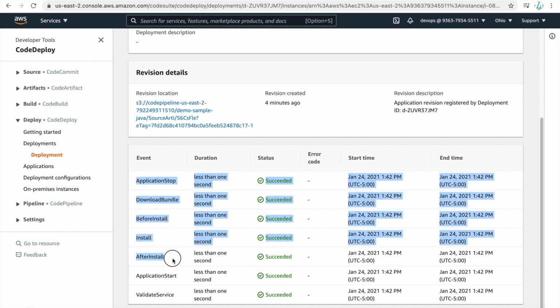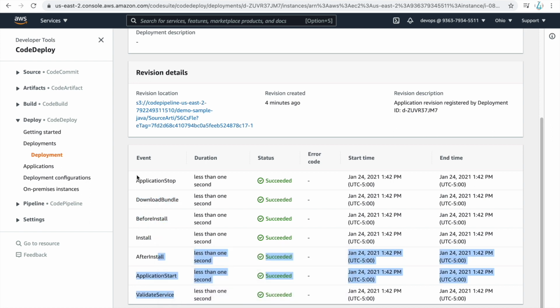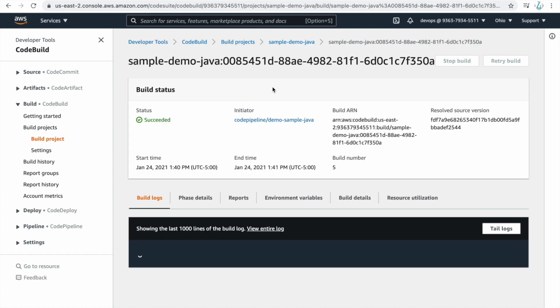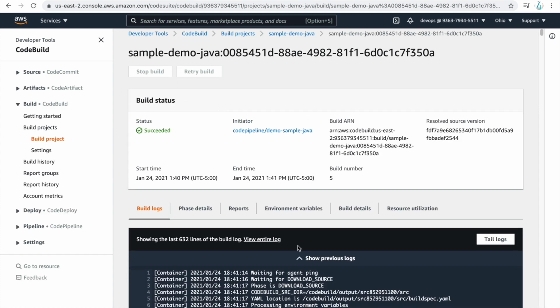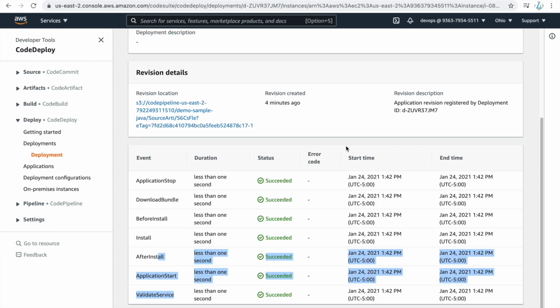What you see here is the appspec.yaml file. If you go to the AWS documentation, that is the appspec.yaml file. These are some hooks that it runs for whatever is in your YAML file. If you don't write anything, it will not do anything, but by default it will first do this application stop, then it does before install, validate service. So these are some default configurations that the appspec.yaml file will do for you. This is how you can check all the details of your logs also. Here you can see the logs, everything is there.